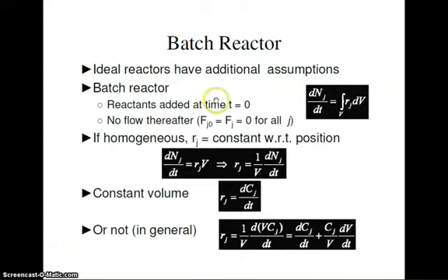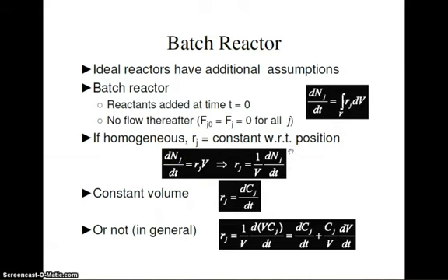And we need an initial condition, so at time 0 we add those reactants, and we know their concentrations initially. Now if the reactor is homogeneous, this rate of reaction is constant with respect to position at any given time. So this integral just becomes the product of the rate of reaction times the volume. So we get an expression that looks like this, and if we rearrange that, we get the rate of generation